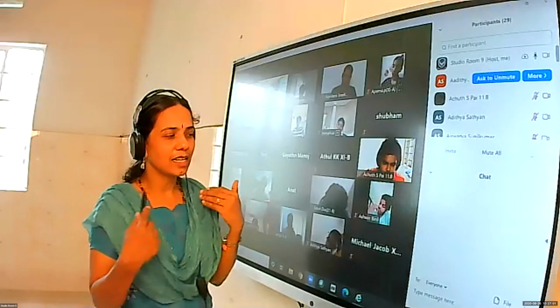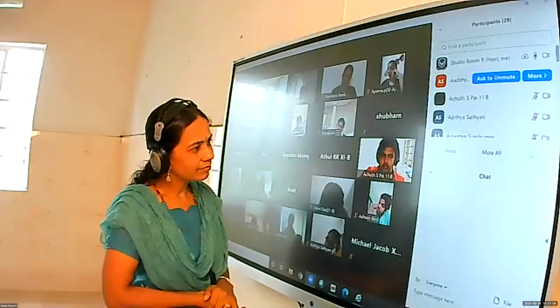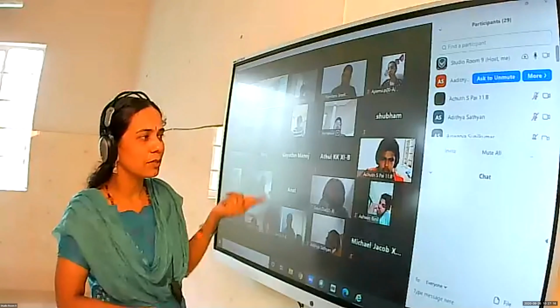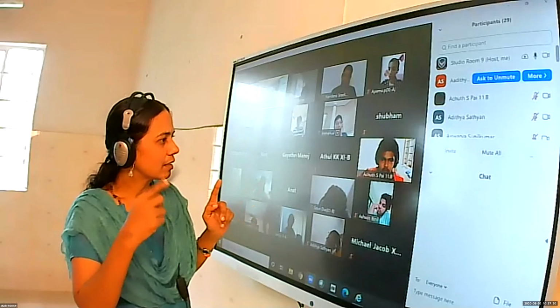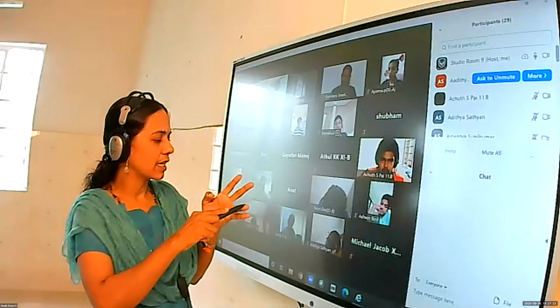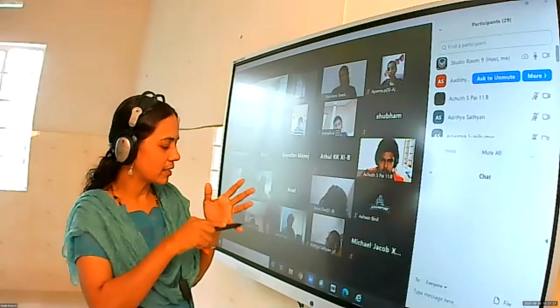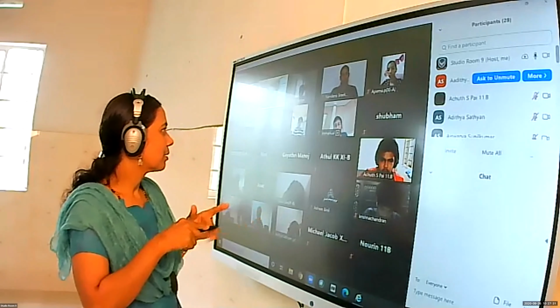Read it and tell me what is the difference between the previous one and this one. In this one, it is not repetition, but they can get more than one prize. What about in the previous question? Each one will get one prize. That means first prize is there, second prize is there, third prize is there. If a boy gets the first prize, there is no chance that he will get the second or third place. But here what is it given?